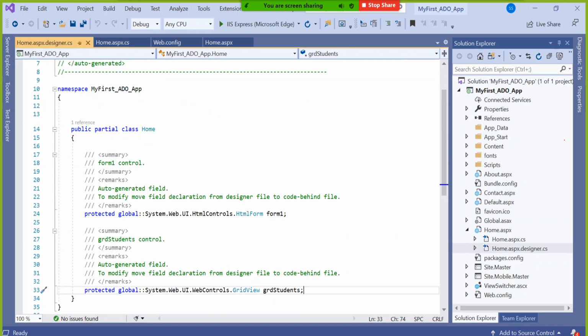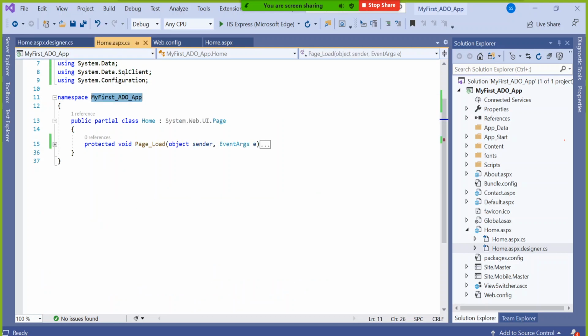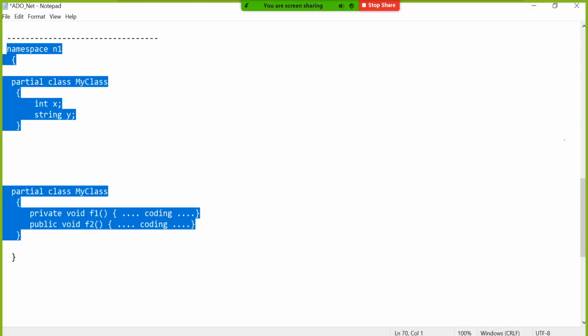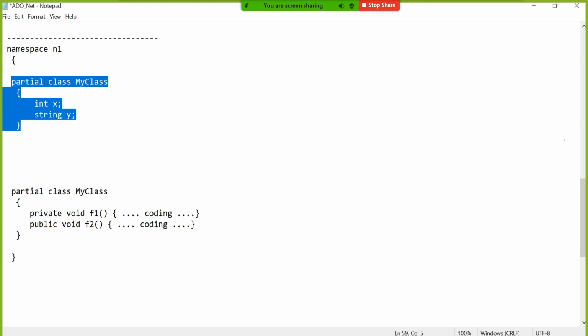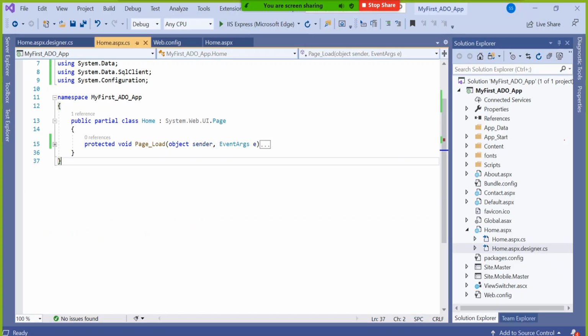Can you see, here also the namespace name is my first or something, here also the same, but physically only two different places. Logically you want to consider both as one class only, then you have to use partial. Okay, that is the architectural offer. We don't write it manually, but here I typed it in a console application also. If you want to define two classes with the same name, considering that these are just physical divisions, and logically both are one class only, then you must use partial, partial, partial everywhere. Okay, I think that answers your question.